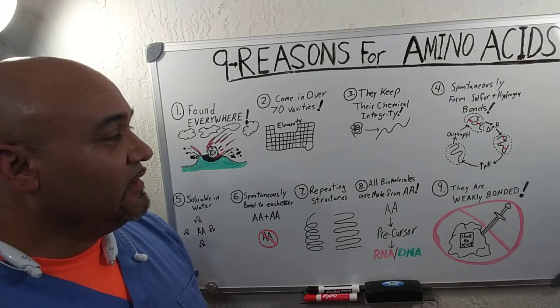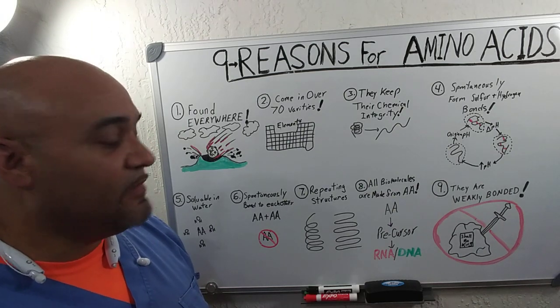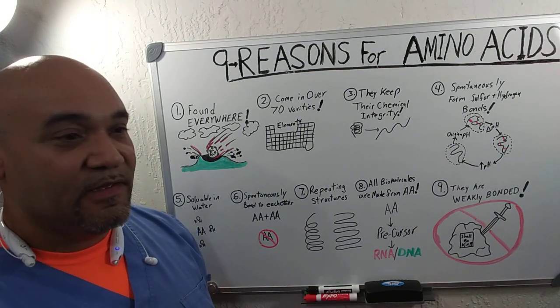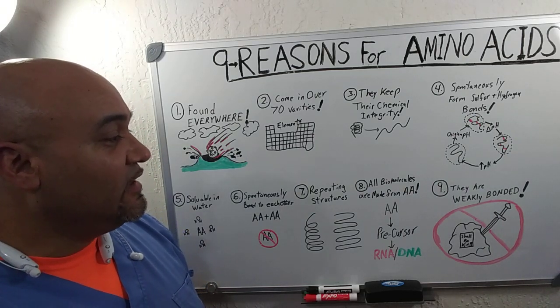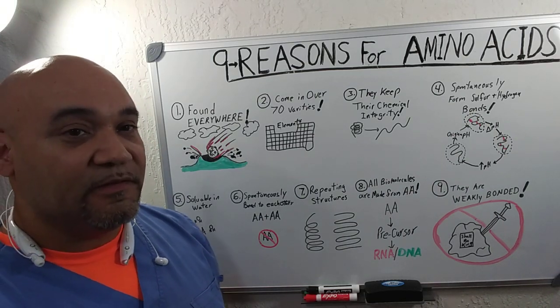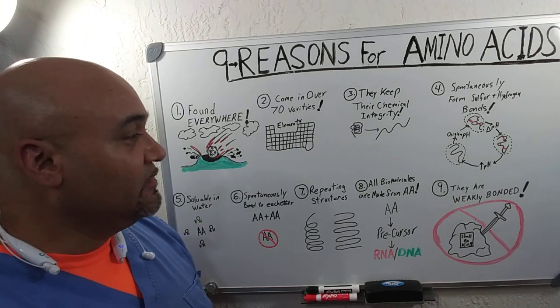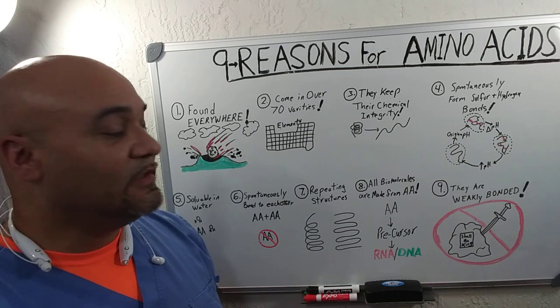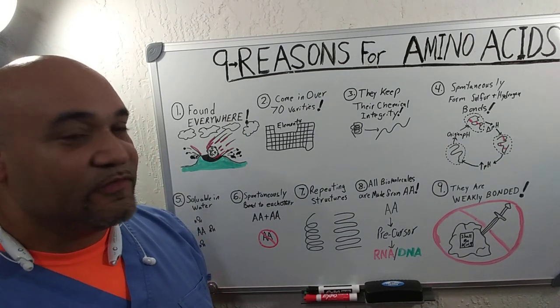So I personally think that without amino acids, there could be no life. It is the one chemical class that utilizes the carbon element in the most beneficial way to life to make complex compounds and be able to sustain itself. Those are the 9 reasons.